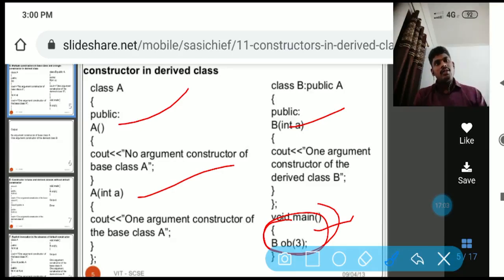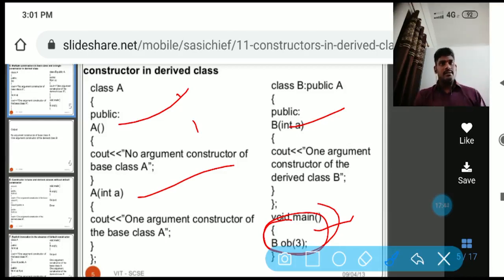That's why if you want to call the base class constructor, you should create an object, and through that object you can access the constructor as well as the data members of the base class in a proper way. Derived class constructors do not access the data members of the base class in such an effective way unless you are calling the constructor of the base class. Try to understand this concept. So this is about how constructors work in the inheritance concept, from base class to derived class.